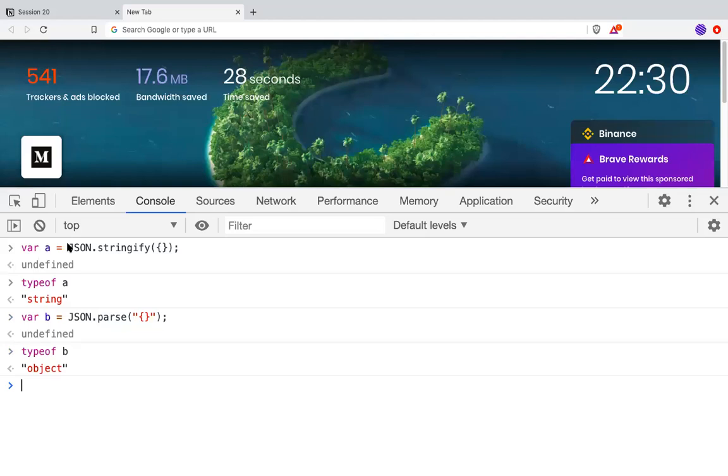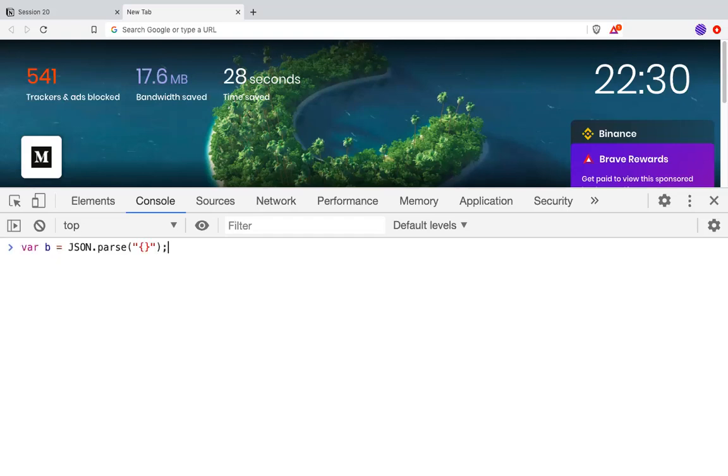But if you're sending data outside of your application, then you stringify and then you send it. So just remember, this is very heavily used. The same applies for an array as well. If I print this, you will see this. And if I do Array.isArray and pass b, you will see true. And if I again do stringify for the array, you will see it as a string with quotes.